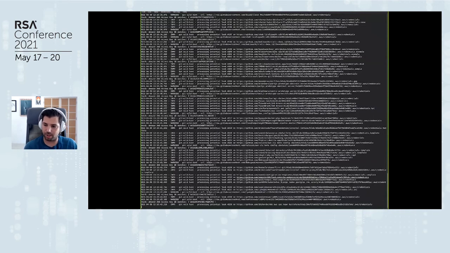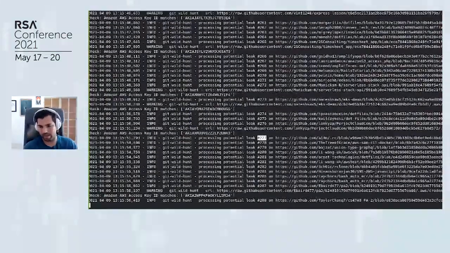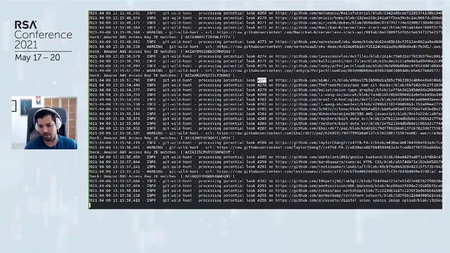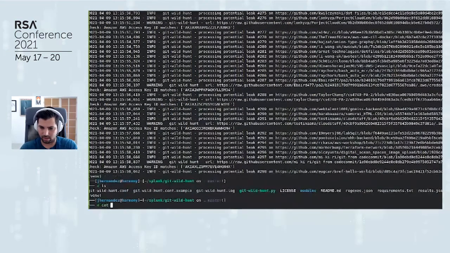Once the tool finishes processing all the results, and it's about to be done here, we're at 270 something, it will write all the results into a JSON file. And the primary reason we're writing this into a JSON file is to make it very easily consumable and reportable afterwards. And here, it's all done. Excellent. So if we go here, we wrote our results into results.json, because we're not creative with names.